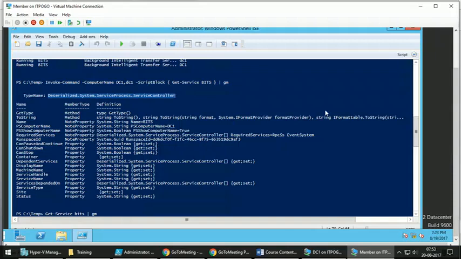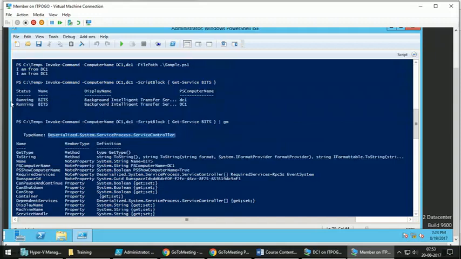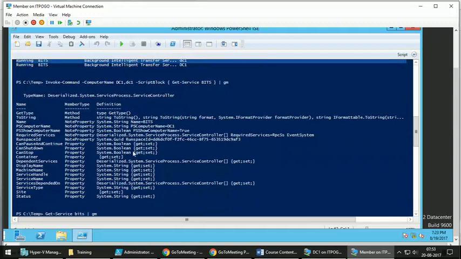Now after connection is closed, if you run the command, for example, if you save this inside a variable like bit service, $bit service is equal to invoke command, whatever computer names, and script block get service bits. So the output object which contains this, a bit service object, service controller object, will not have a method for restarting the service, because after executing this command the connection is closed.